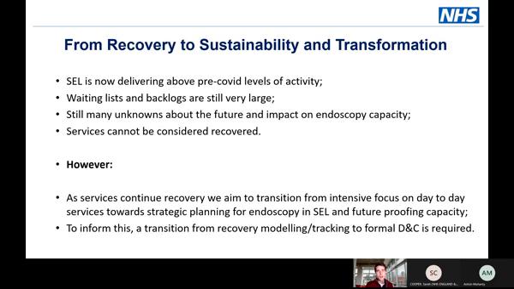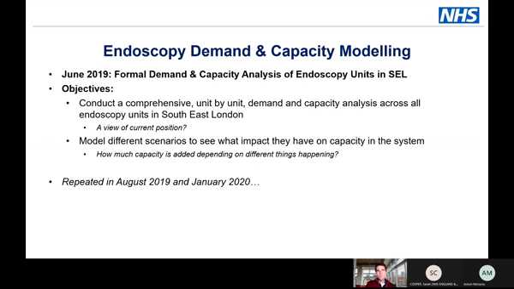And to start having that conversation, you really need to start transitioning from a recovery modeling and tracking process, which is where we are now, into a more formal demand and capacity analysis, which will be of enormous value when you're having that conversation. So that more formal D&C, we have been doing that since June of 2019, where we